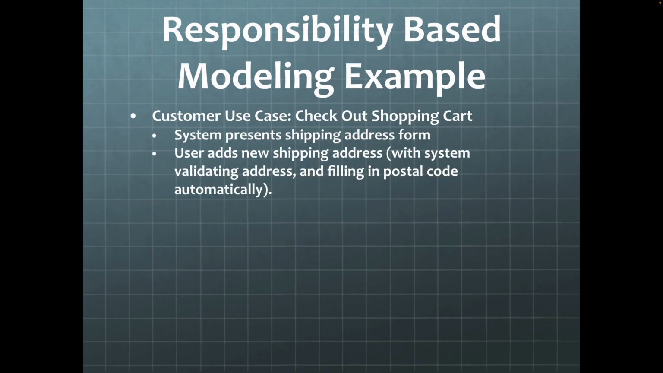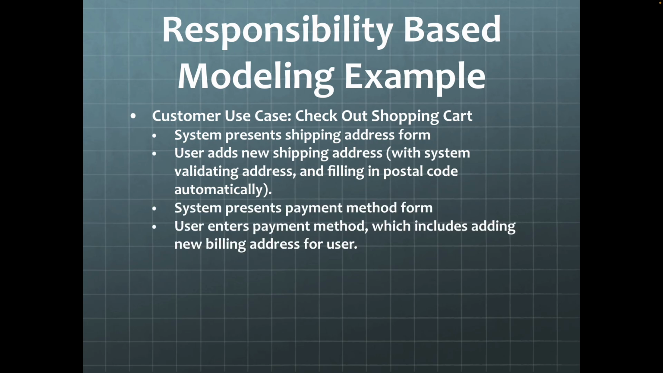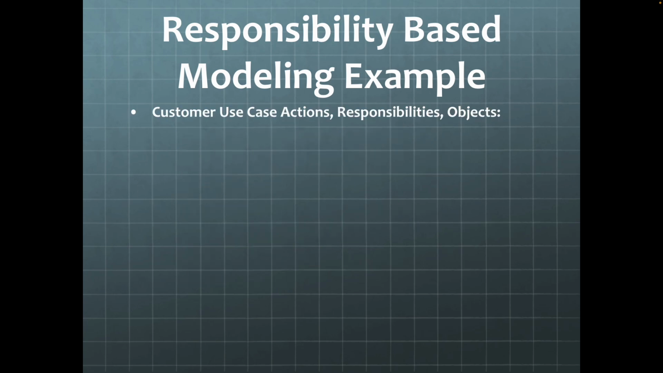User adds new shipping address. System presents payment method form. User enters payment method, which includes adding new billing address for user. System presents order confirmation. User places order. So basically, this is a use case scenario, and there are multiple actions from the user side. There's this action, and that action. So now we can zone in on an action